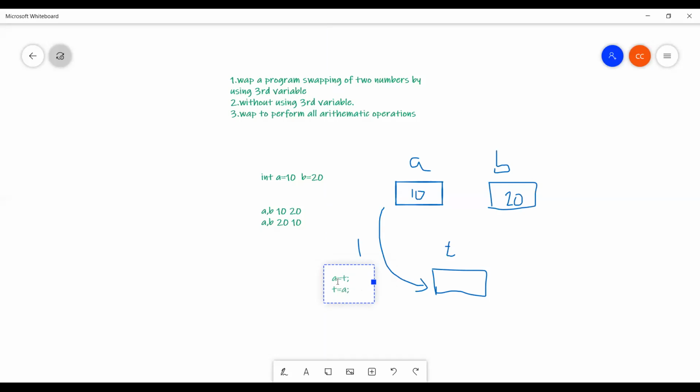A equal to t means t value is stored at a. So that is wrong. What is the second statement? t equal to a.